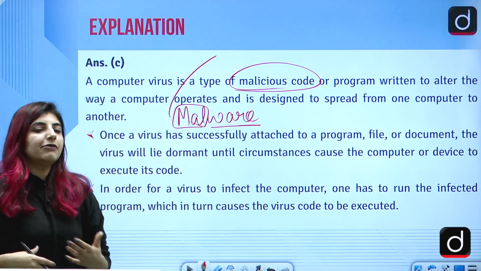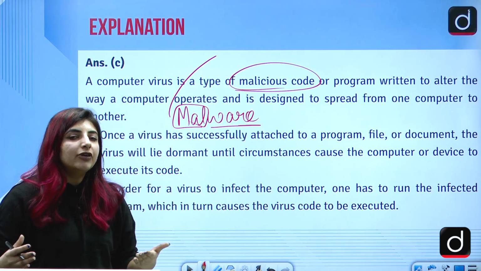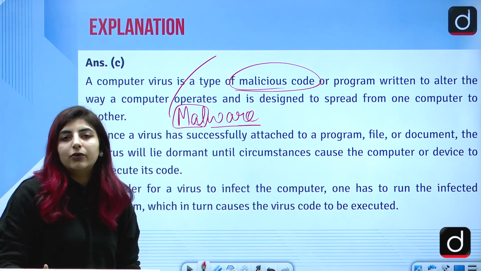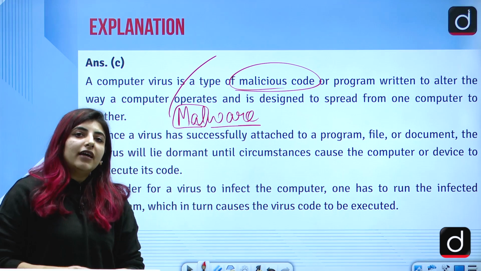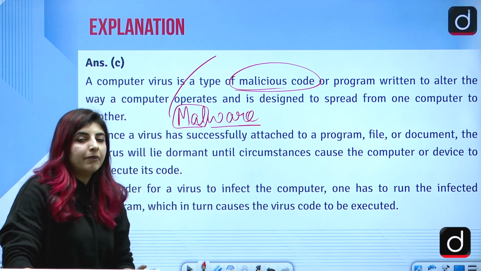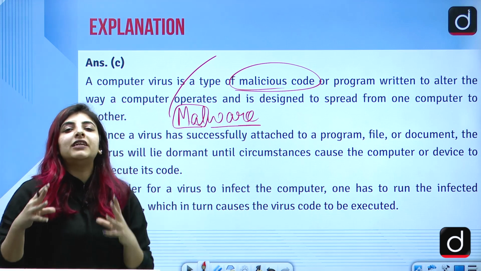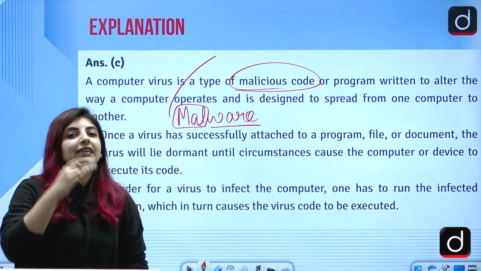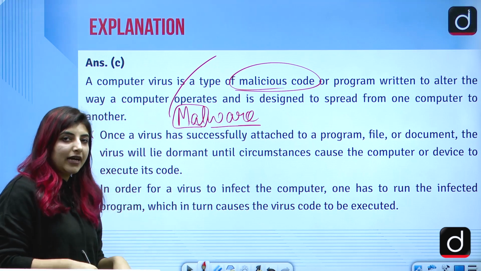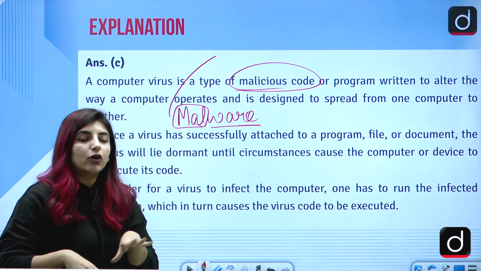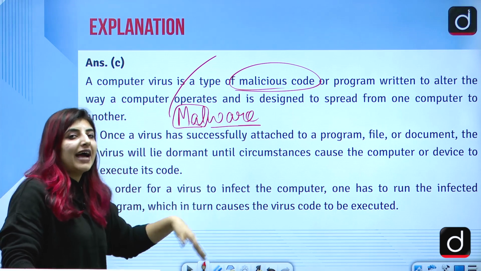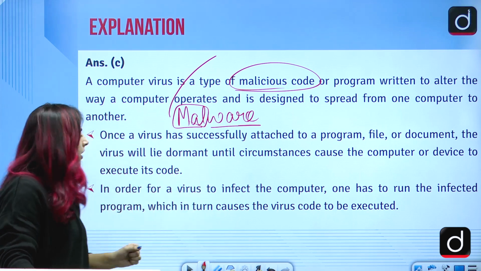So there are multiple types of malware. For instance, we have ransomware, Trojan horse, spyware, etc. All of them, logic bombs for that matter, which was asked in the question, are things which enter your computer and multiply themselves. They can hamper not the hard components or hardware of your computer, but the software, and can slow down the speed of your computer and even copy the data. The private or confidential data that you have stored on your computer could be accessed by the people who made that virus enter your computer.